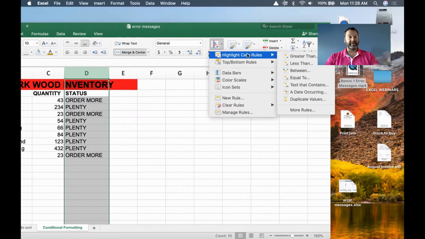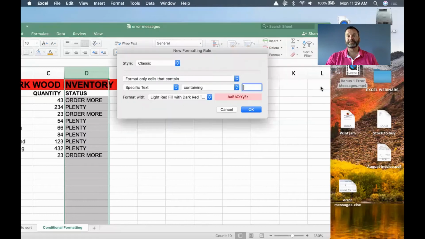So for example, you have a spreadsheet that's keeping tabs of billings, and somebody is late paying. It'll turn red on a date occurring, saying this bill is now overdue. So there are wonderful practical applications that you can do here. Across and down, we're going to go to Text that Contains, and we're going to give that